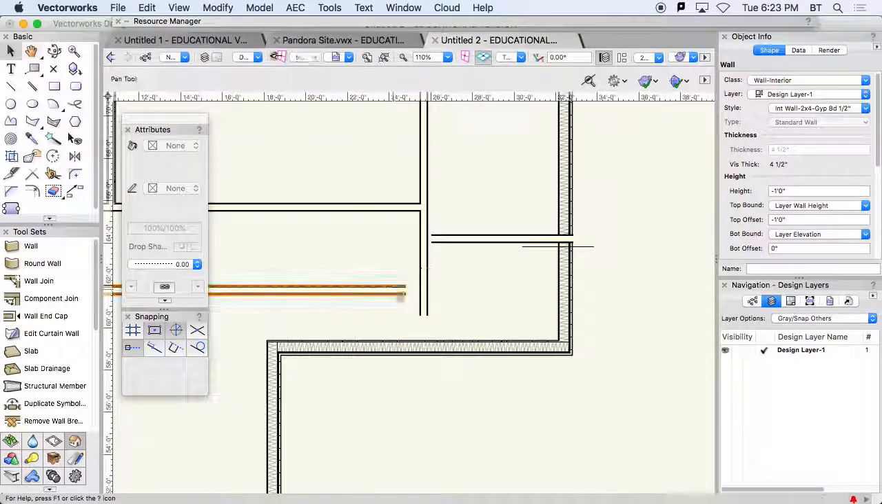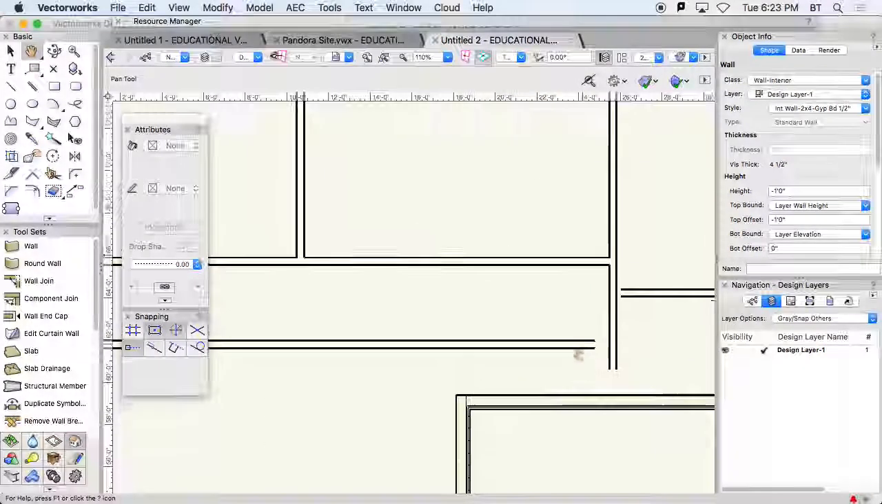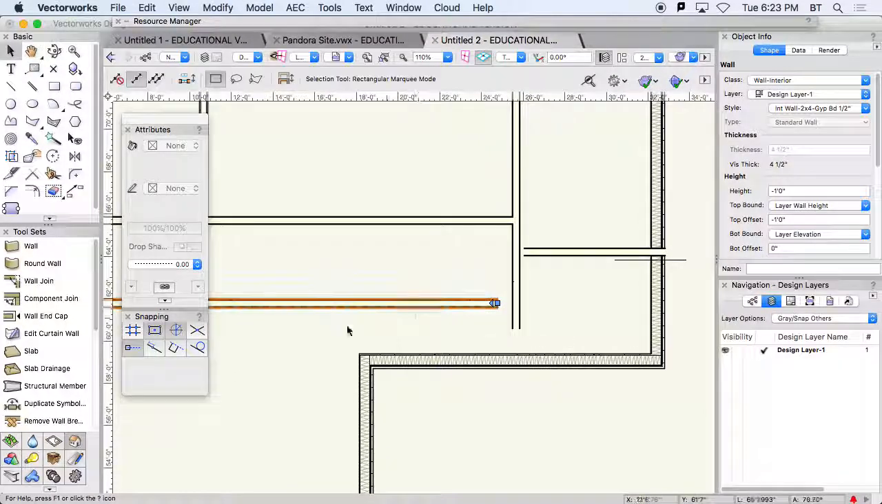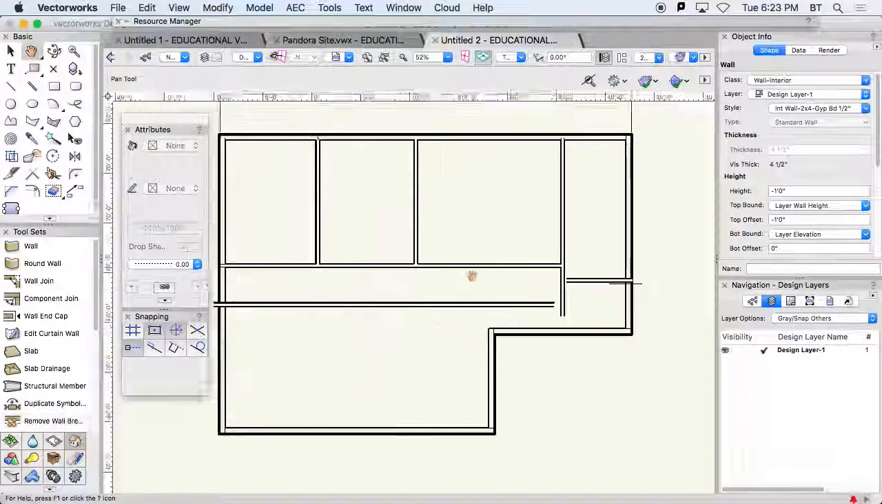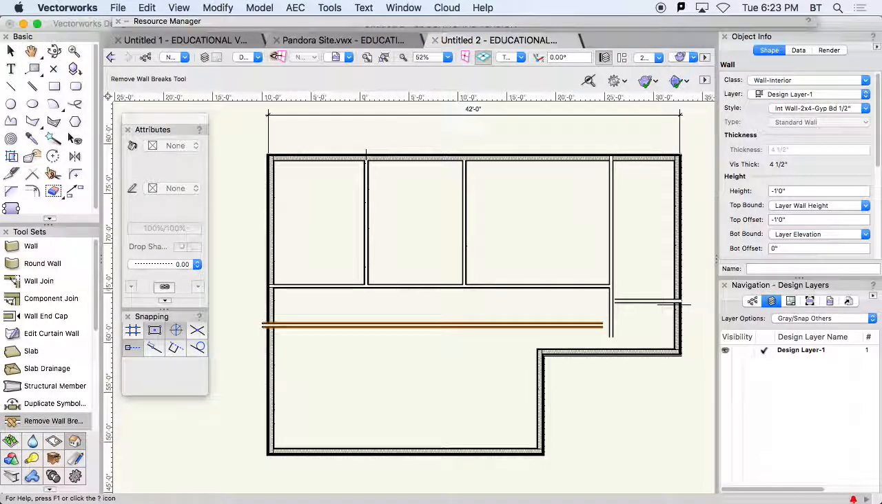Now, sometimes it will make a mistake and not grab it. If I need to, I can use this remove wall breaks tool. And if I select that, there are no actual modes for this. I'm just going to draw a marquee around the portion of the wall that I want to heal, and it will remove those wall breaks. I don't actually have any wall breaks that I can show you right now. I'll try and play and see if I can make things get messed up. Any questions? This might be something that you would do if you